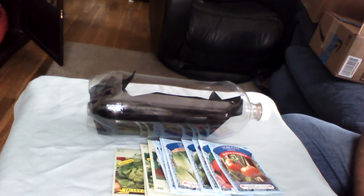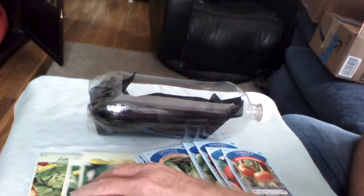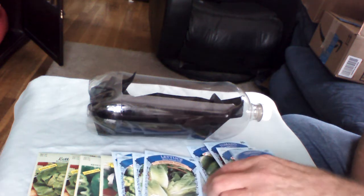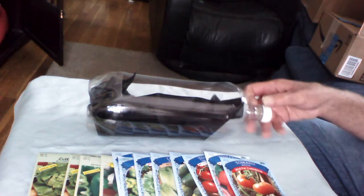wasn't able to use the internet and come to the conclusion that there's a way to farm for the suburbanite or the city dweller or the apartment complex condominium owner using recyclable materials. Have these seeds here as an example of what you can grow in your urban garden. We're going to talk about in-home growing of your delicious vegetables and some fruits, but here's the star of the